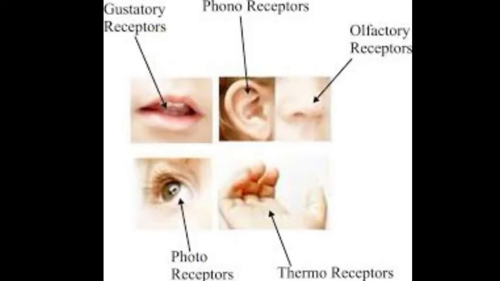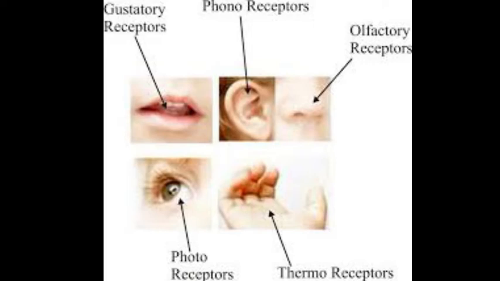These contain receptors for detecting different stimuli. As you see on your screen, the eye has light receptors which detect light. The ear has sound receptors which detect sound. The nose has smell receptors which detect smell, and the tongue has taste receptors which detect taste. The skin has receptors for detecting touch, pressure, heat and pain. The common types of receptors also have special names such as photoreceptor, phonoreceptor, olfactory receptor, gustatory receptor and thermoreceptor.